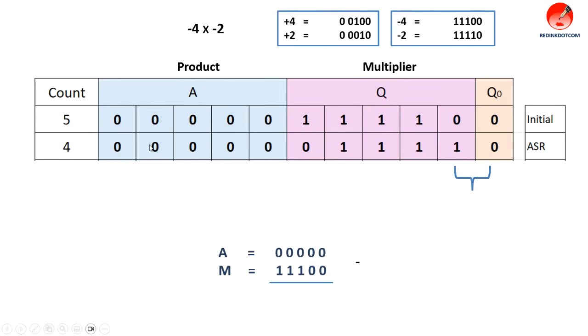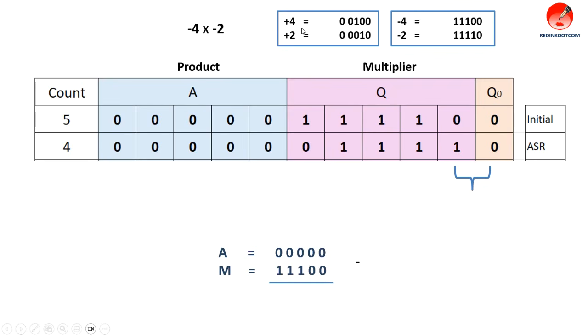So first you write the A value. A value is nothing but 0. M value is nothing but multiplicand. Here the multiplicand is 11,100. We have to do the subtraction operation. So instead of subtraction, we can write the 2's complement for this number. So 11,100 is the -4. The 2's complement number is